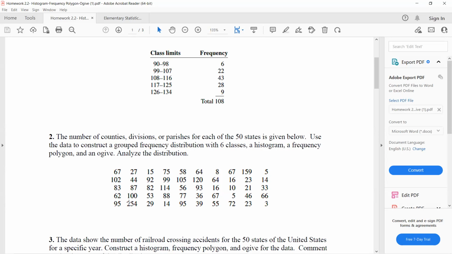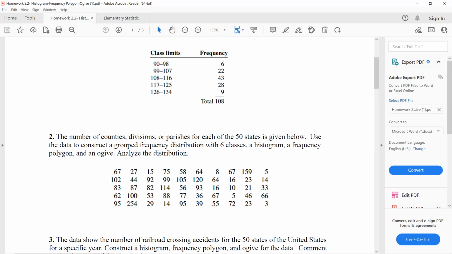29, 75, 99, 114, 88, 14, 58, 105, 56, 77, 95, 64, 120, 93, 36, 39, 8, 64, 16, 67, 55, 67,